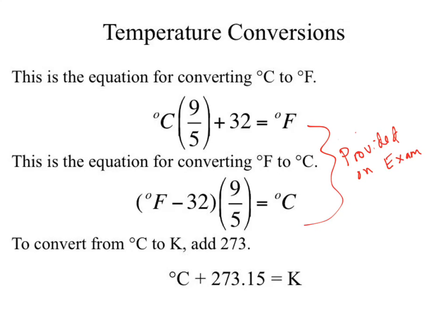However, I will not provide the Celsius to Kelvin. I do expect you to have that one memorized. You'll notice I carried it out to a couple extra decimal places. That's just because there are a few numbers I happen to remember, and this happens to be one of them: 273.15. All you really need is the 273. Why just 273? Sig figs. Most of your calculations involve 3 significant digits, and 273 is usually enough for our sig figs.